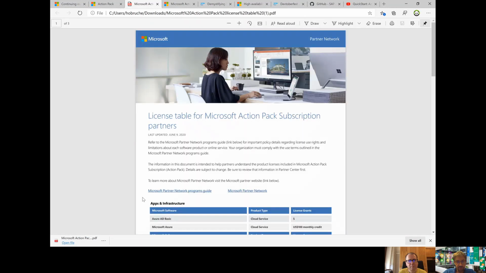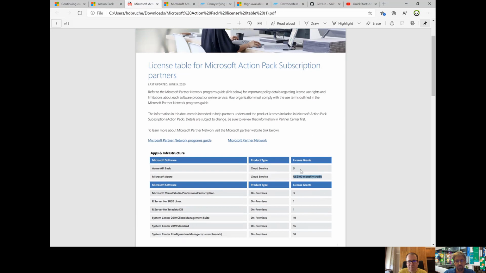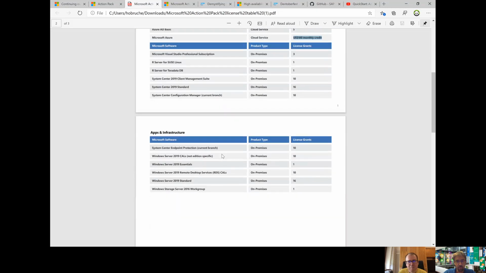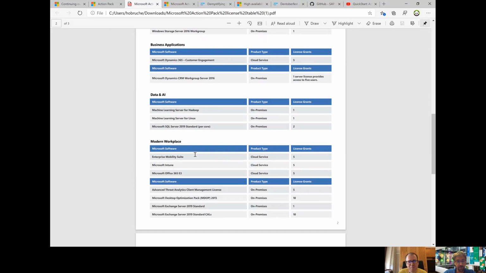It's fairly cheap. I think it's like, I don't know, 500 euros or something like that a year. But for example, you get a credit of monthly $100 US that you can use. You get Azure Active Directory for some users. You get certain software components here. You get Office 365. You get Dynamics. You get there's the Office 365 E3.